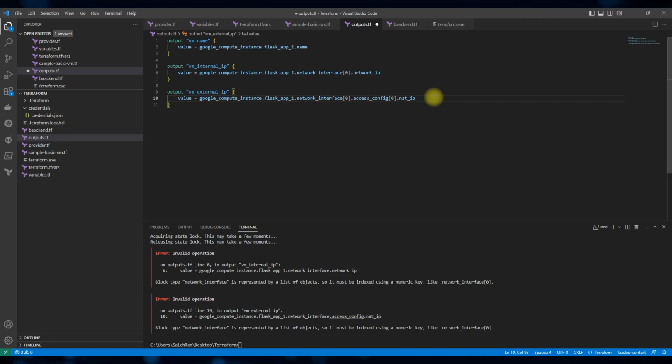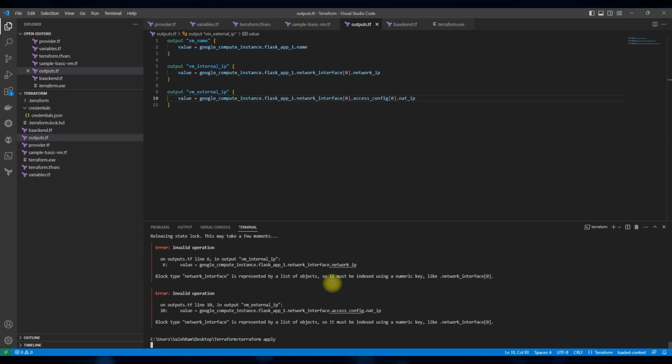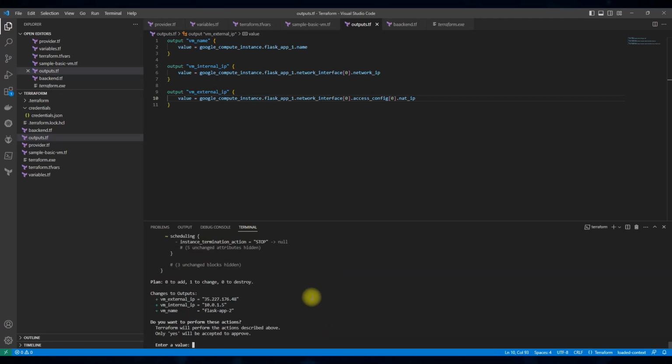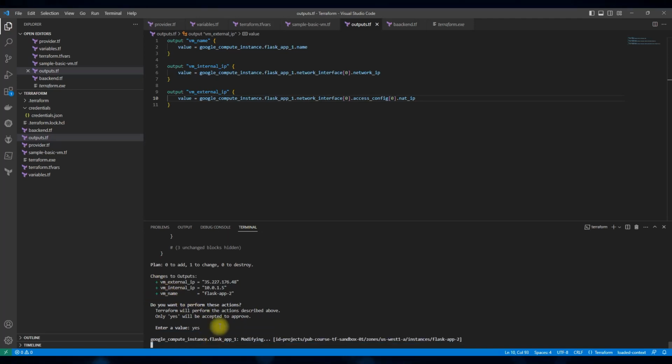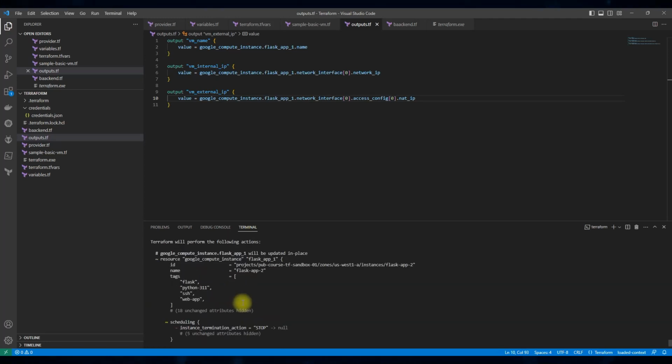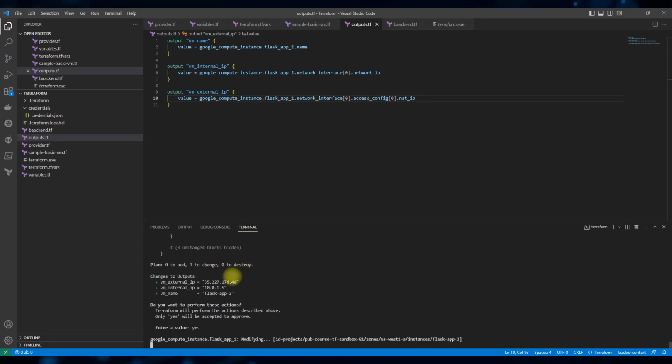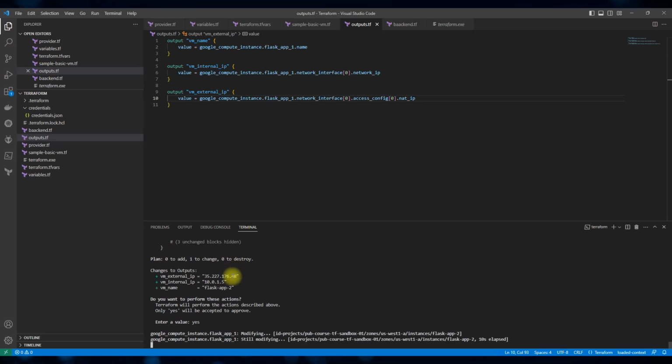So let's save now. Let's run the Terraform apply again. And you see that now it's going to display these. So I will say yes. These are not specific now, but let's actually go through the whole deployment again. It's going to change something. I should have checked before, but anyway, it's just going to do a few changes. They should not take a long time. And then we will see the outputs at the end of the log here, or what we're going to see